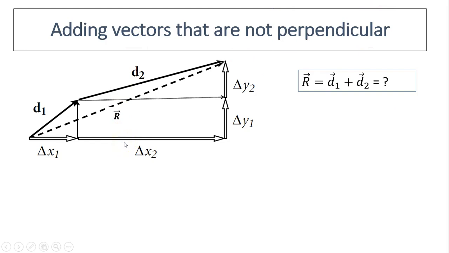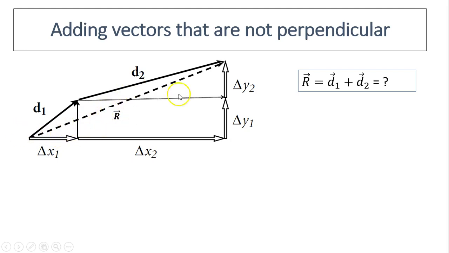We can add any vectors with any angle that's not perpendicular using the component method. Let's see, here is D1, here's D2. They are not perpendicular to each other. How do we add these two vectors? So we can use tip and tail